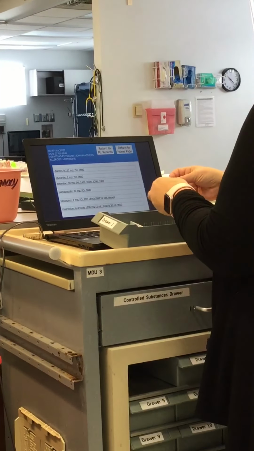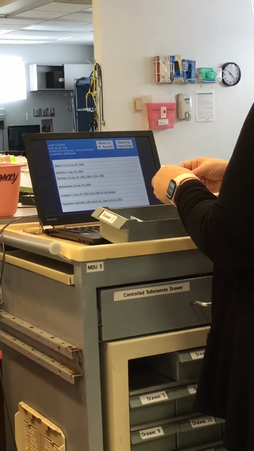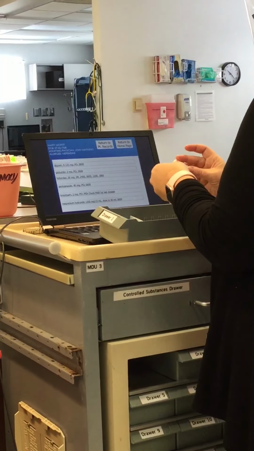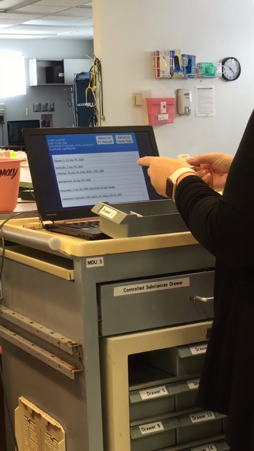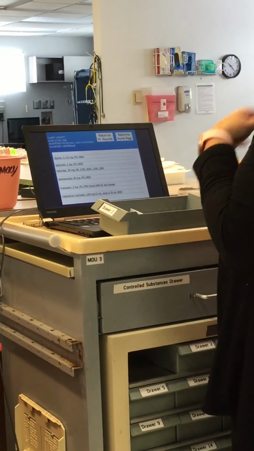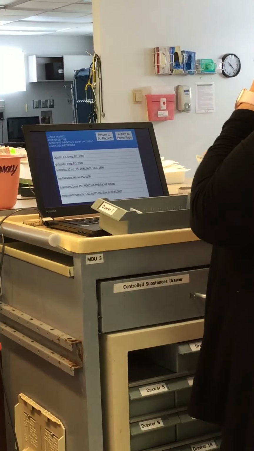So I need 0.125 milligrams. I have 0.25, I have 0.125, so anytime that you have the ability to take exactly what you need, you're going to do that. So I have digoxin,